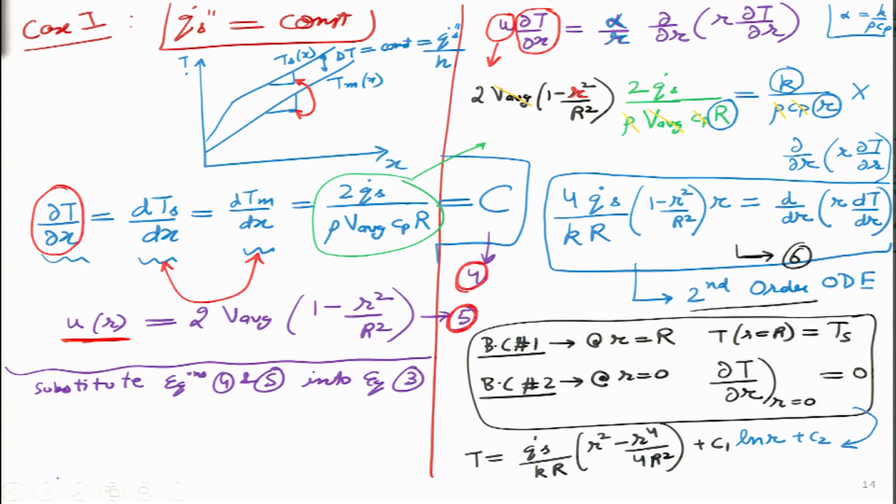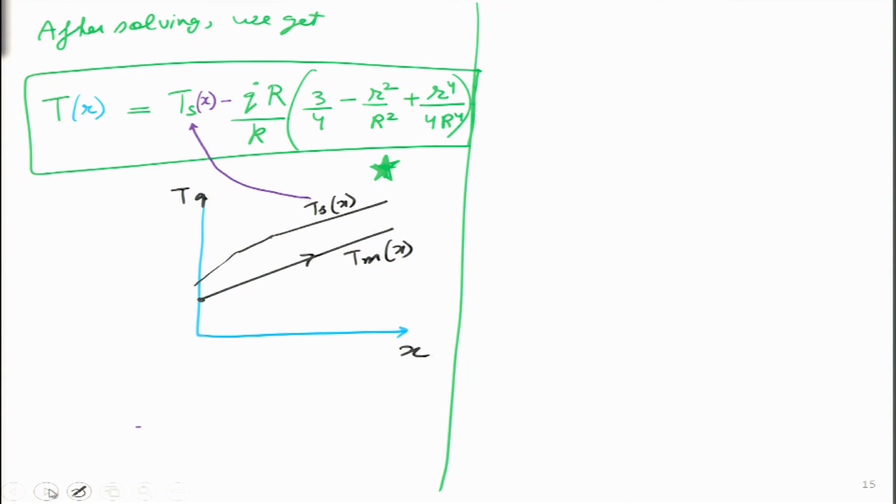because in case 1 when we are keeping heat flux constant, Ts has to increase with x. I cannot keep Ts constant and heat flux constant at the same time. That is not possible in nature. If I am keeping Q dot constant, Ts has to rise, which means Ts is a function of x, which means on the left hand side over here I will write that T itself is both a function of r as well as a function of x.